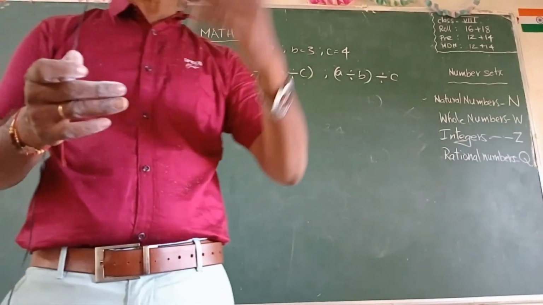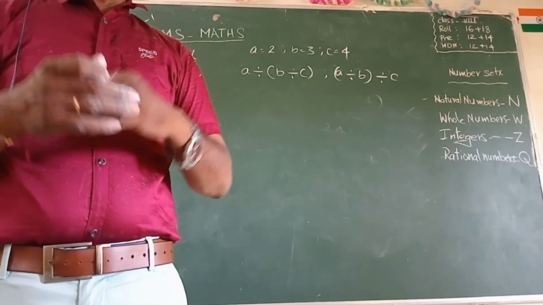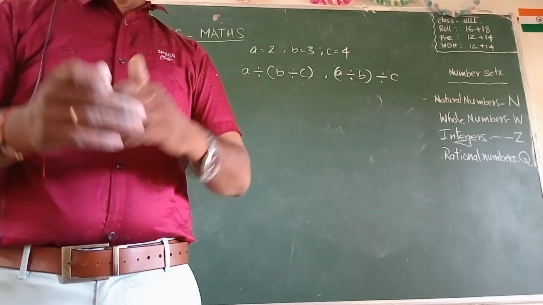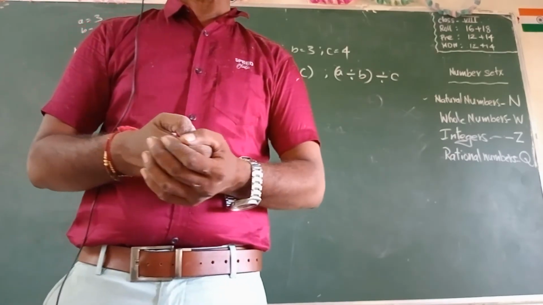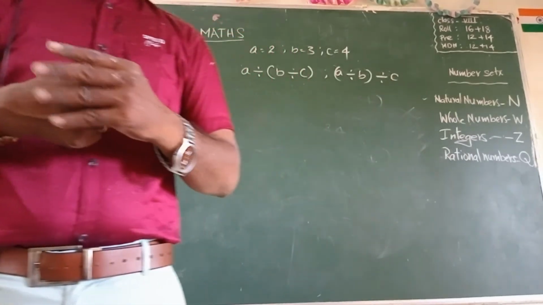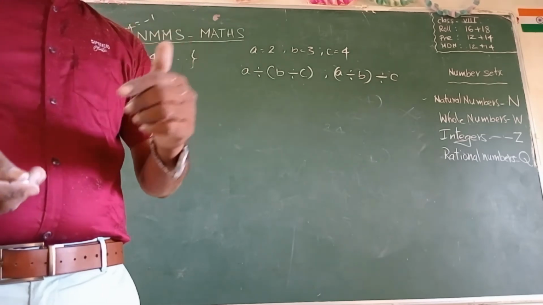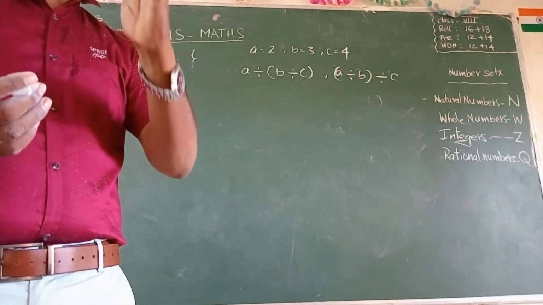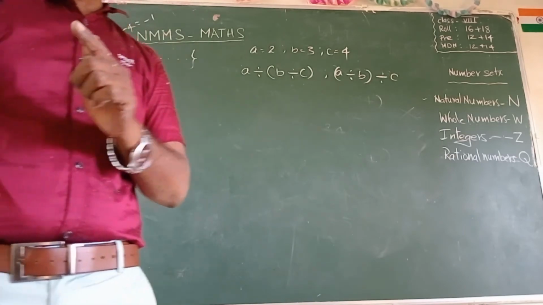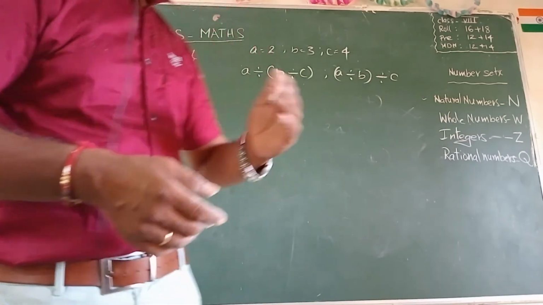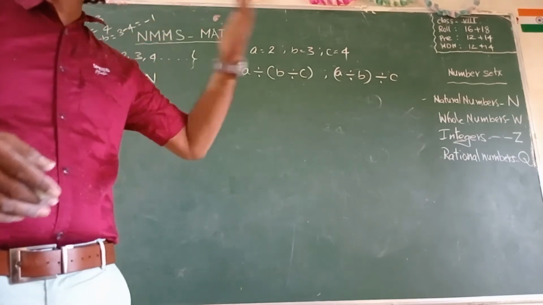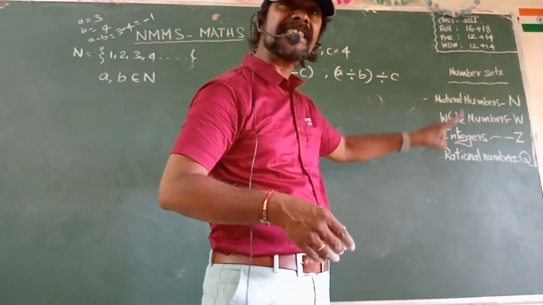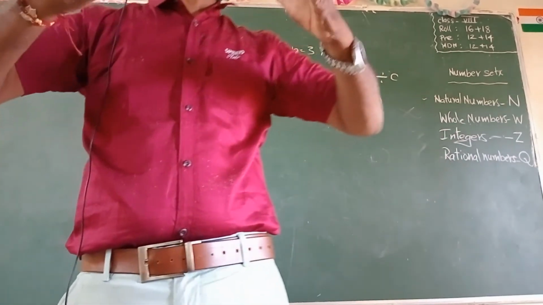For associative, we have to take the 3 numbers and do the operations addition, subtraction, multiplication, division. And if you get the same answer, then it is associative under that operation, like addition, subtraction in that set of natural numbers. Like that we have to see all these properties for natural numbers, whole numbers, integers and rational numbers. And we have to make a chart